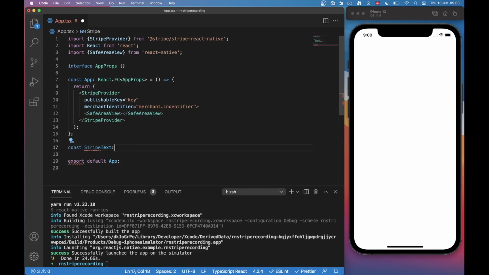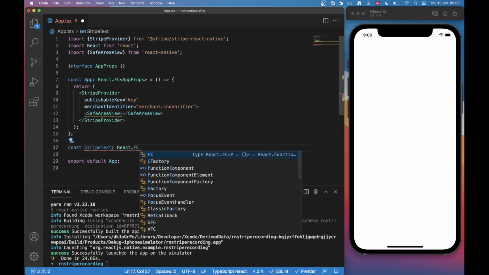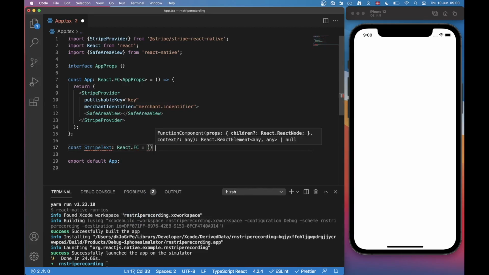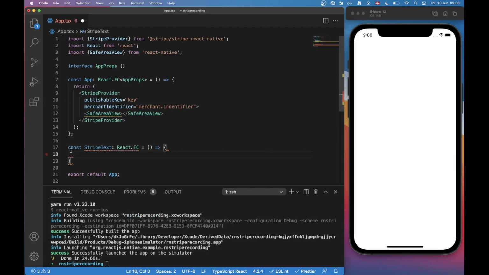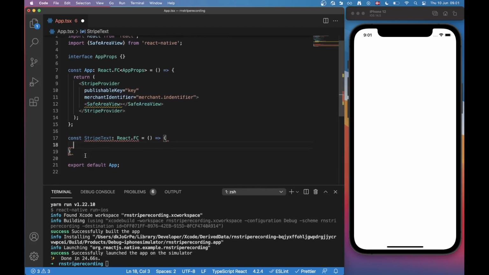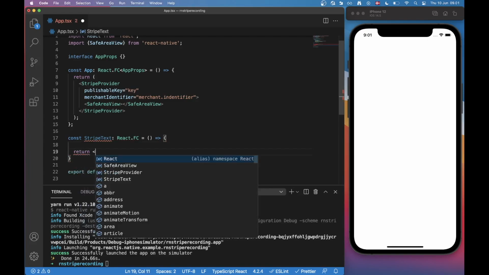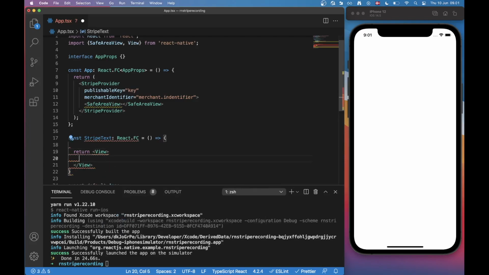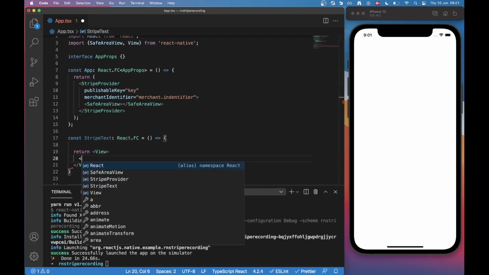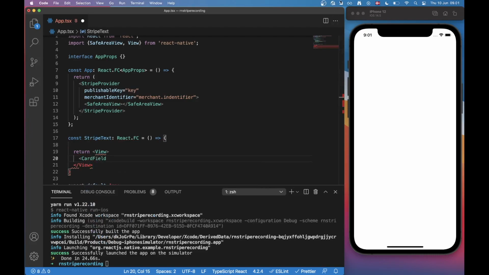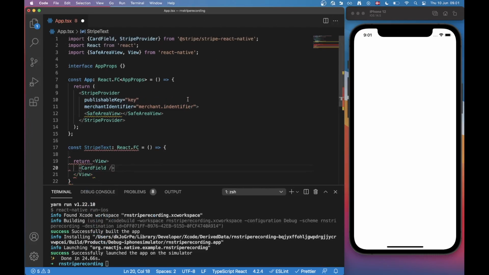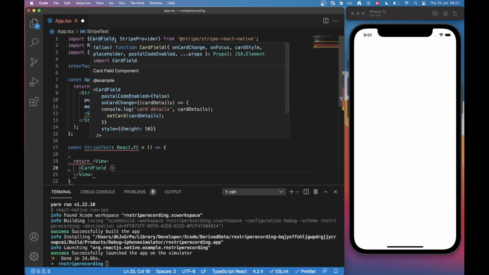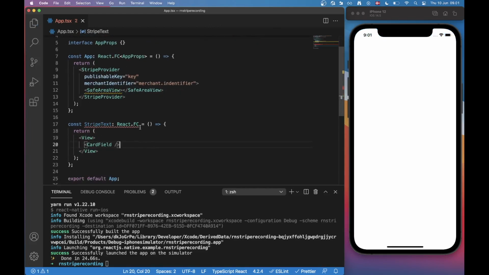So I'm going to create a component here, and I'm just going to call it Stripe test, and I'm going to put it in the same file because we won't be putting too much in here, and I think it gives a better overview for you guys if I just put everything here. Okay, so in here we are going to return a view, and inside this view we're going to have a card field. Okay, and this card field is a component from Stripe React Native, and